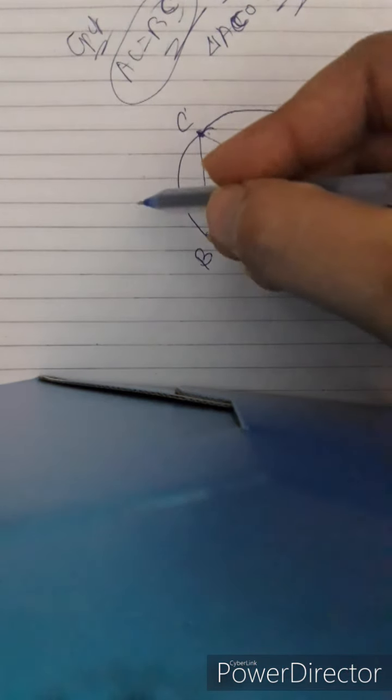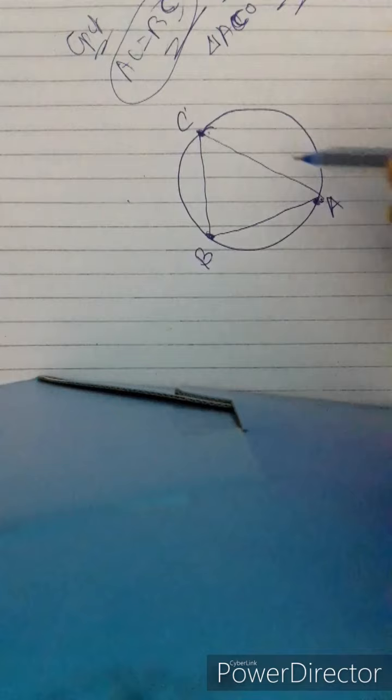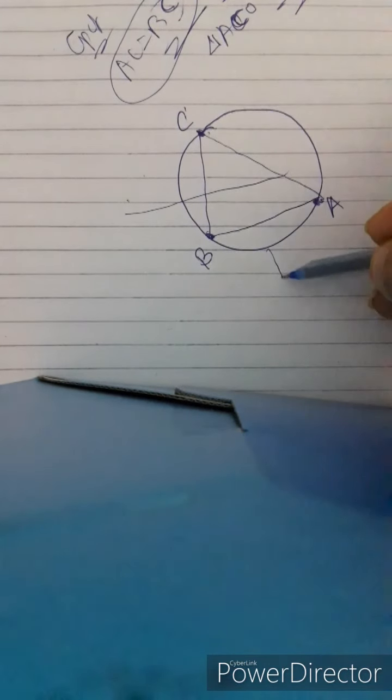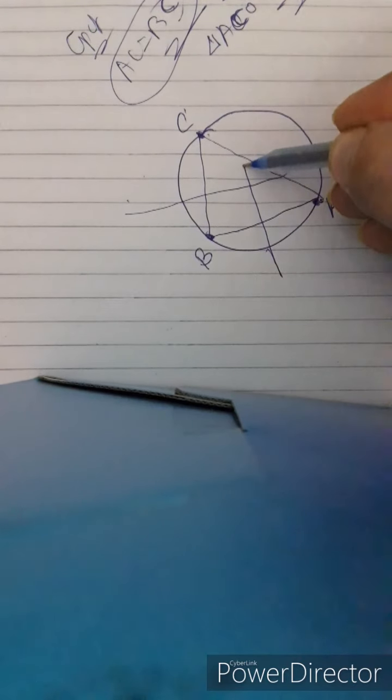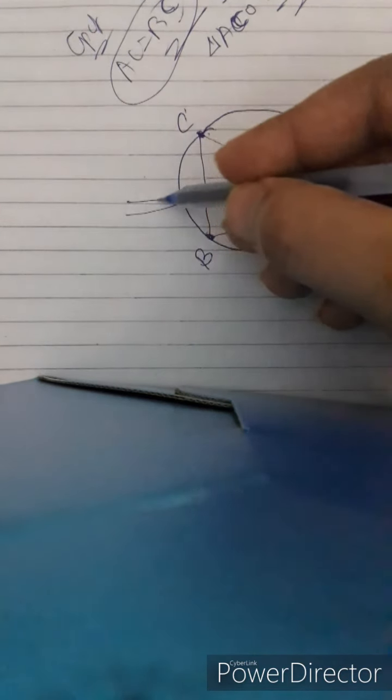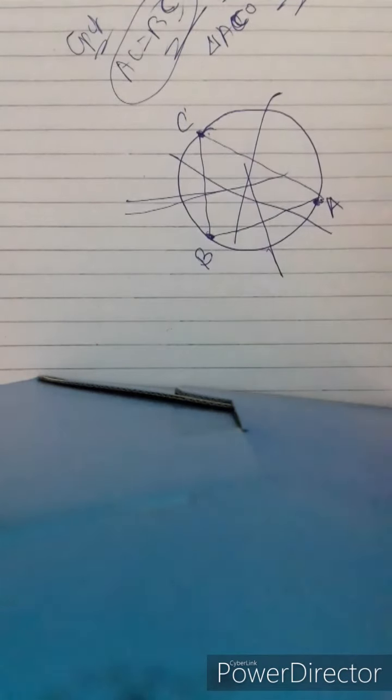How do we do that? So we have to draw the perpendicular bisectors of AB and BC. BC will be drawn here and the perpendicular bisector here. I'm sorry, this is not the perpendicular bisector. I'll draw the figure again. Actually, this figure needs to be drawn very properly so that confusion is not there.